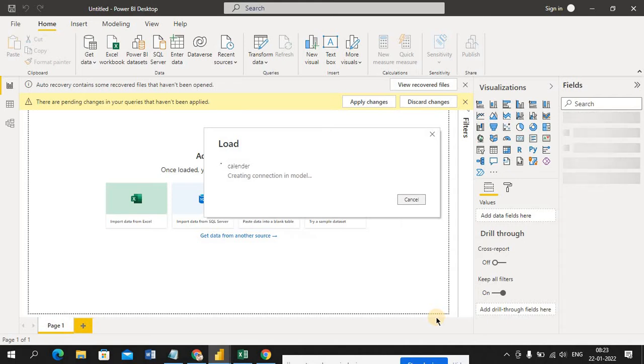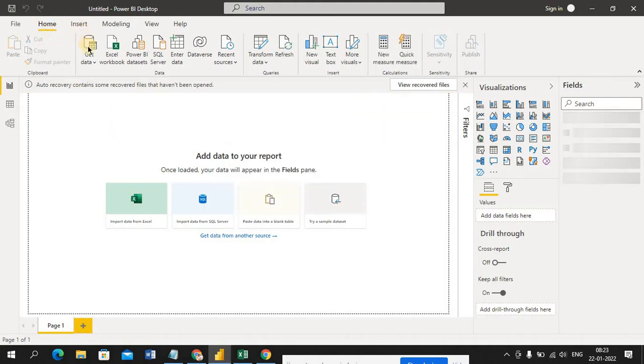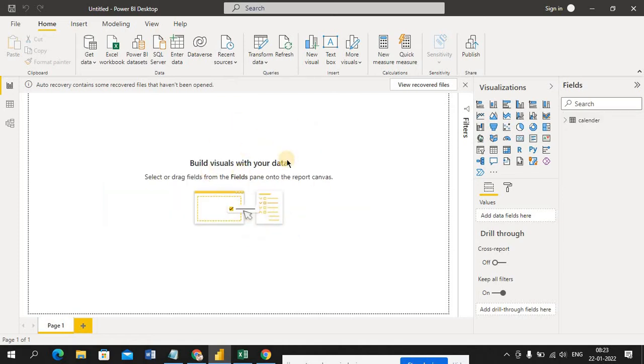So here guys, one more thing, whenever you are playing with Power BI, some options are available in Home, some options available in Insert, some options available in Modeling. Okay, based on your version, based on released updates, these options look different.